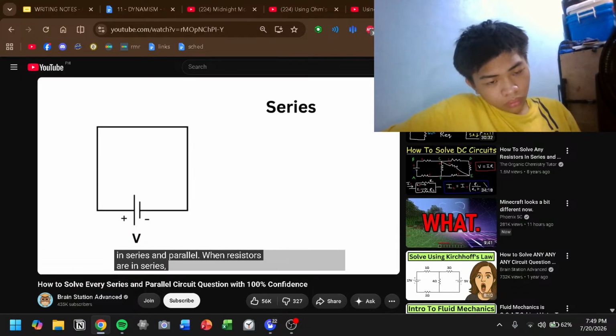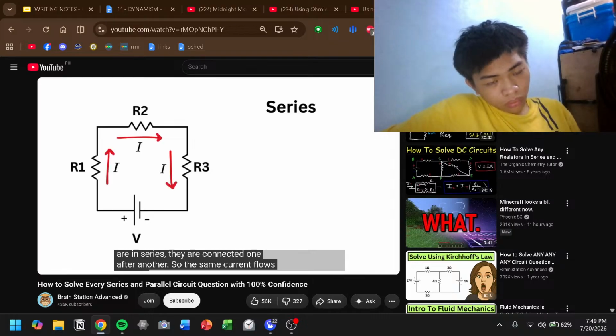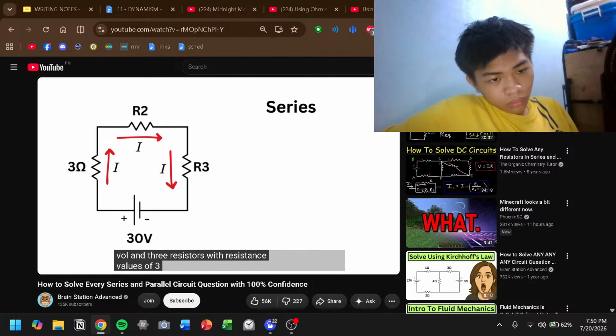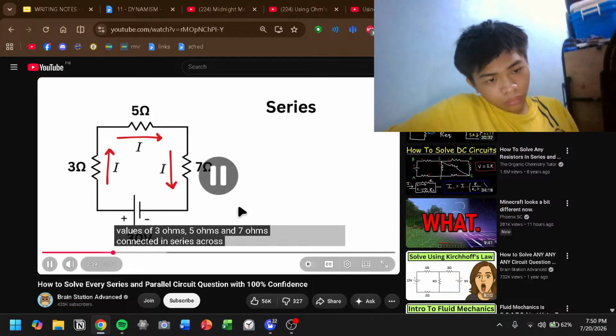When resistors are in series, they are connected one after another, so the same current flows through each resistor without splitting. The total resistance in a series connection is found by simply adding up the resistance values of all the resistors. For example, if you have a battery of 30 volts and 3 resistors with resistance values of 3 ohms, 5 ohms, and 7 ohms connected in series across the